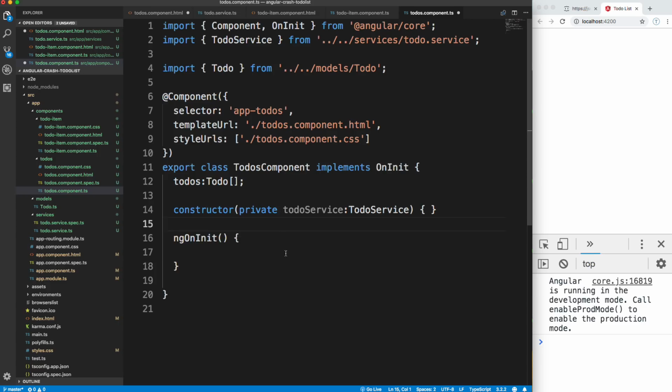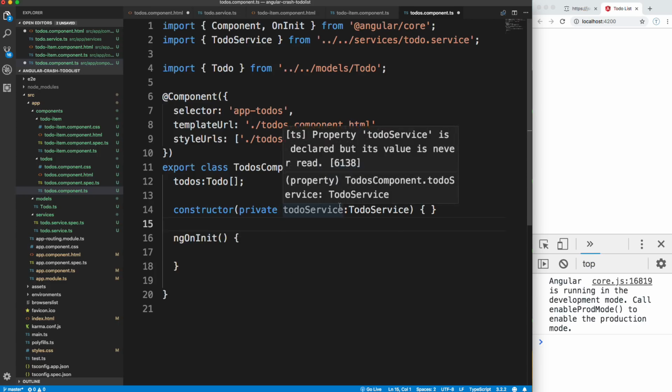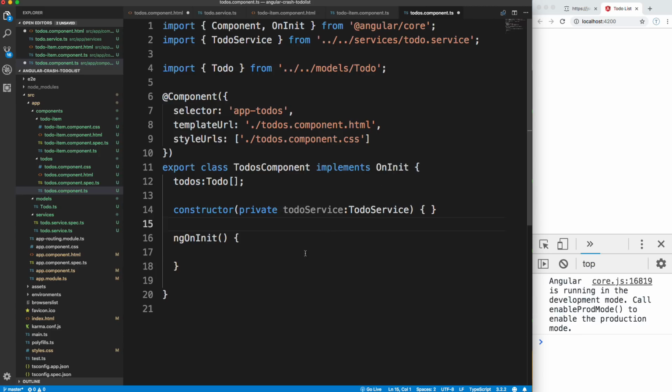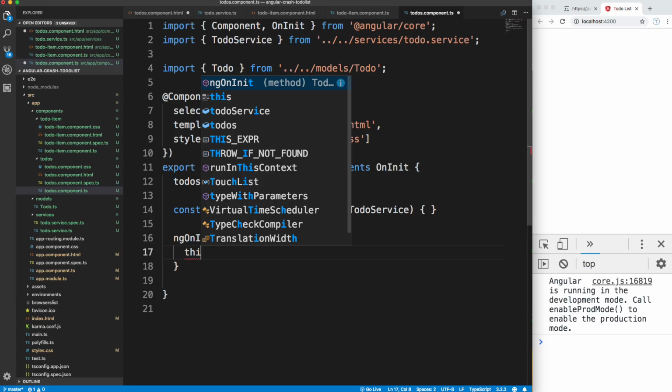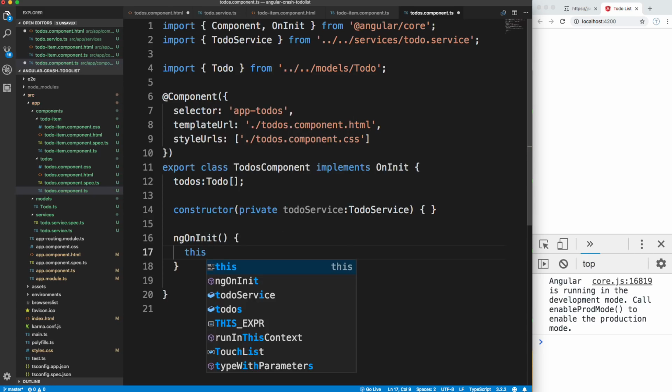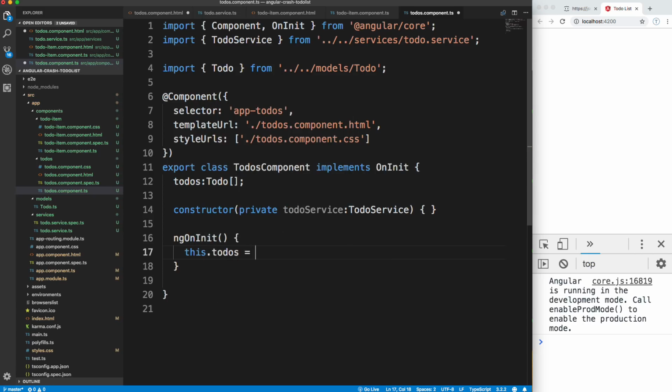Now, we can use this anywhere within this class by just saying this dot to-do service dot any method that's in that service. Okay, and what I want to do is, no pun intended, I want to say this dot to-dos equals this dot to-do service dot, and then there's our get to-dos. It actually has a drop down with it. Okay, so let's save that,